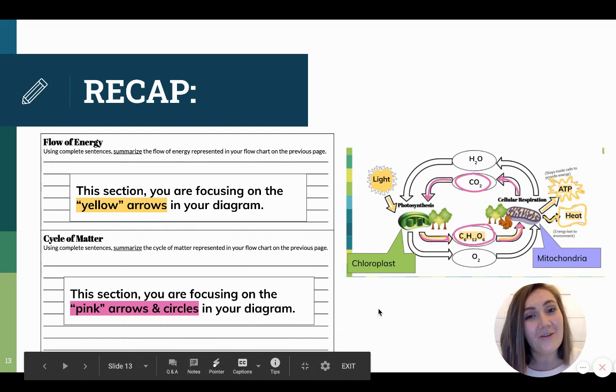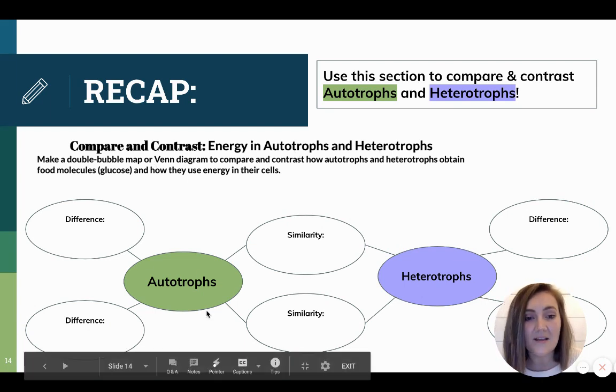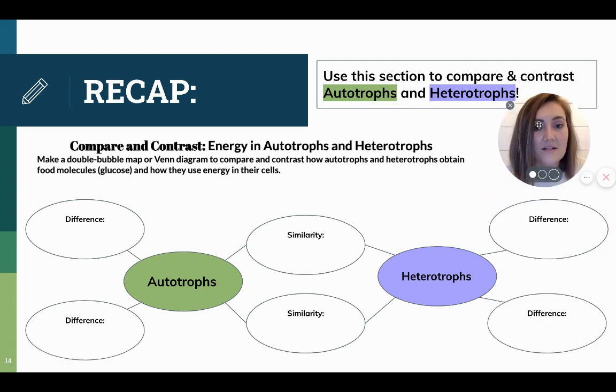All right, and there's one more thing that I want you to do after you finish that. On the bottom of that page, you're going to see this part right here. So you're going to compare and contrast the energy in autotrophs and heterotrophs. So here I just made a sample of a double bubble map, or you can use a Venn diagram, whatever makes the most sense to you. So think about what some similarities are between autotrophs and heterotrophs in terms of photosynthesis or cell respiration, how they make glucose, how they use glucose, and then what some differences are. So it's kind of open-ended, use